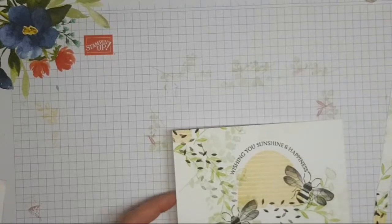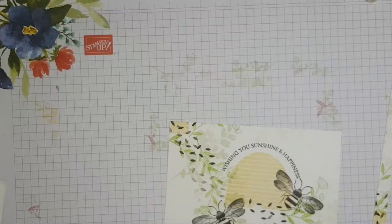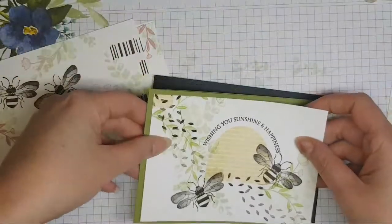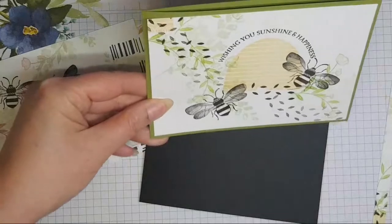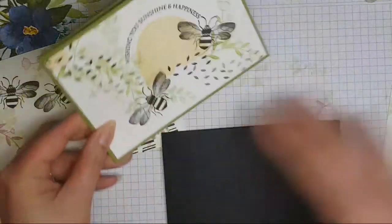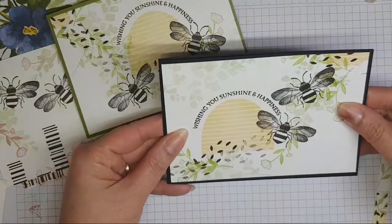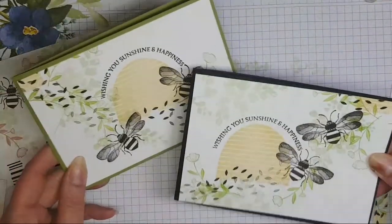Okay, so there's my card base gone. Oh, they're up here. Okay. It's cute. So I would mount this on early espresso. This is black, but it's just to show you how the difference in border can make such a